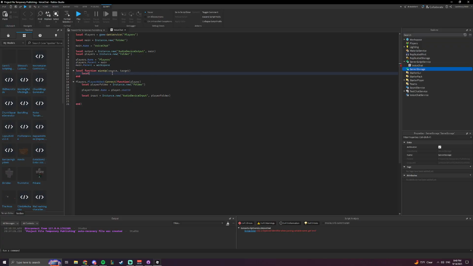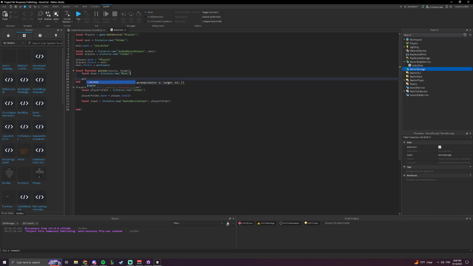They use wires, you know. So you can wire the input. Well, basically to connect them, you need a wire. So we make a wire. Local wire equals instance.new wire,